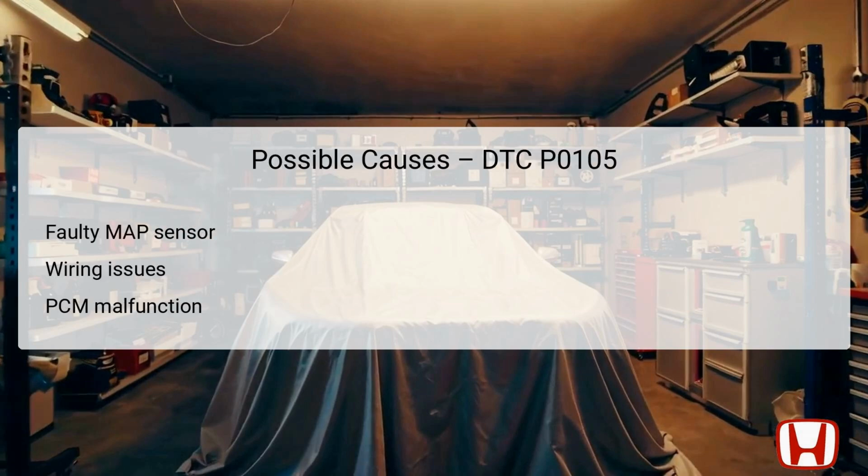Several issues may cause the DTC P0105. A faulty MAP sensor itself can lead to incorrect readings, which will trigger the out-of-range condition. Additionally, wiring issues such as broken or frayed wires can lead to poor connectivity and erroneous signals being sent to